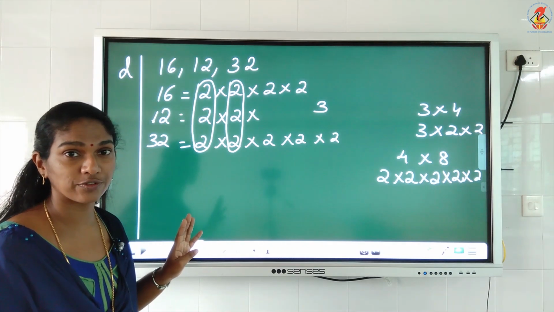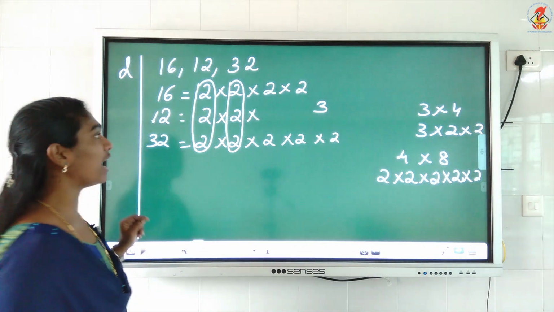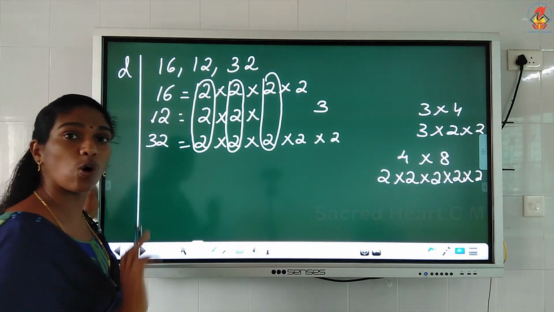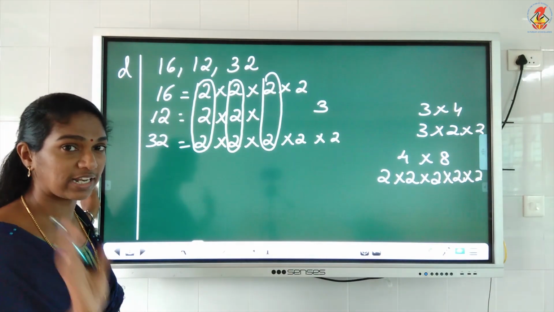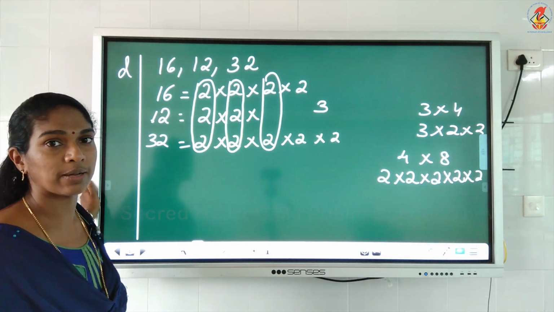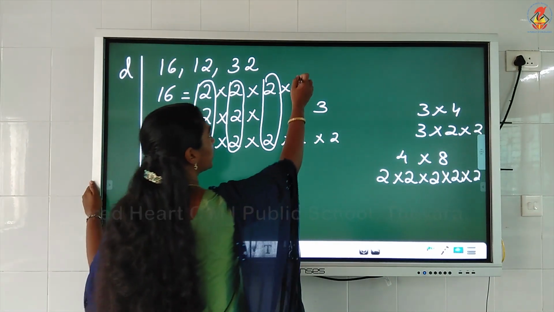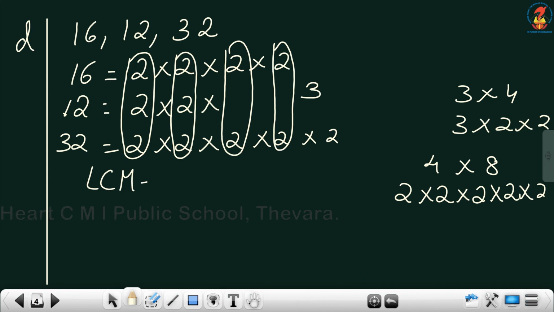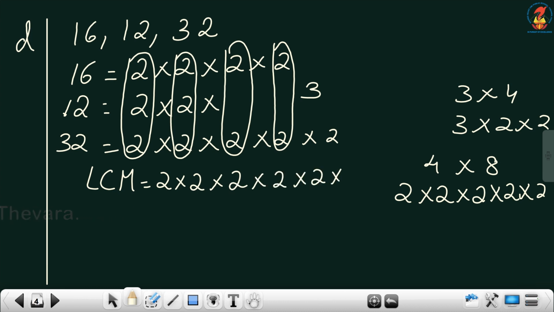I will get 4 as the HCF. But when it comes to LCM, I can make this another group. It's not necessary that it should be there in all the 3 numbers. But in HCF, it is necessary, it has to be in all the 3 numbers. Okay, so I have a group here, then I have a group here also. So what is my LCM? I take 1 from this, 1 from this, 1 from this, 1 from this, and what is left? 1 two and 1 three are left. So what will be the answer?